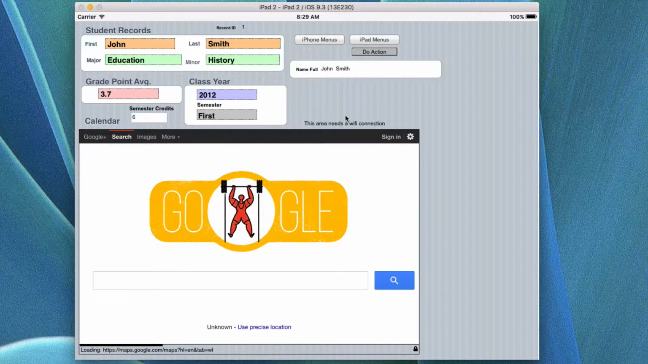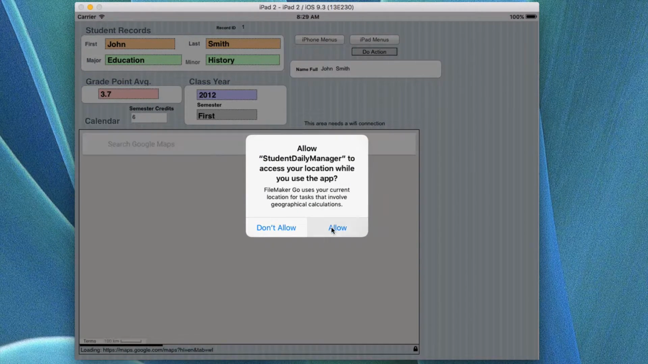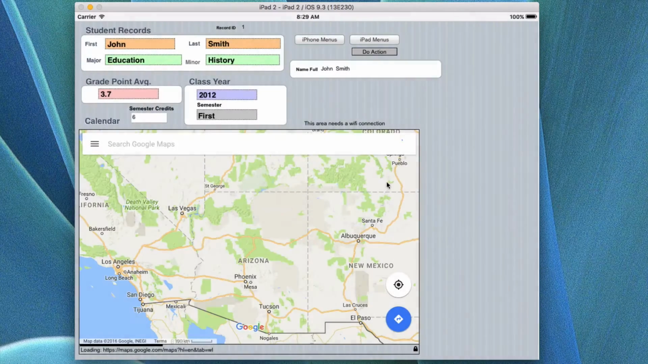Actually, I'll show you going to put maps in there, which is kind of interesting. Allow, and say OK for local area. And you can also do maps if you had to go somewhere. So it's quite versatile. So we're in the student record, and we're going to go back now to the iPad